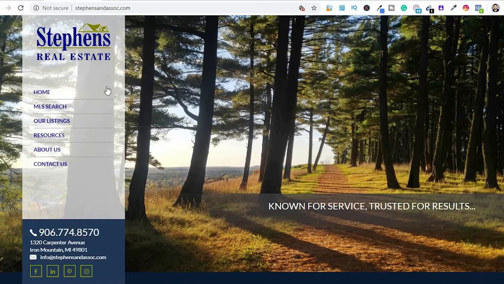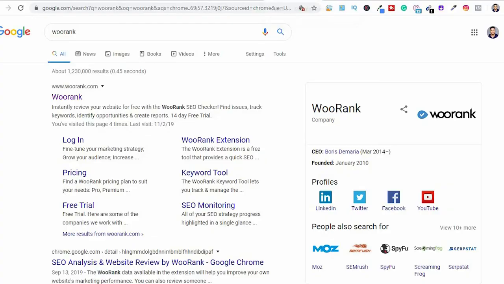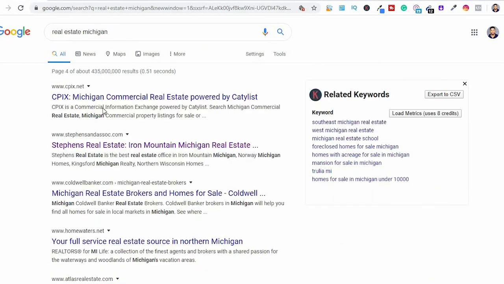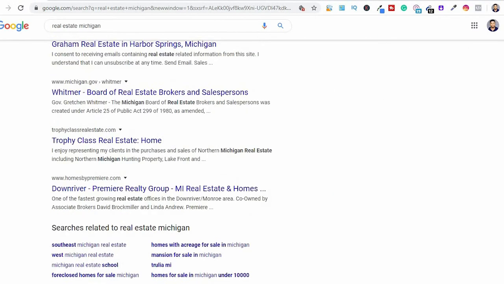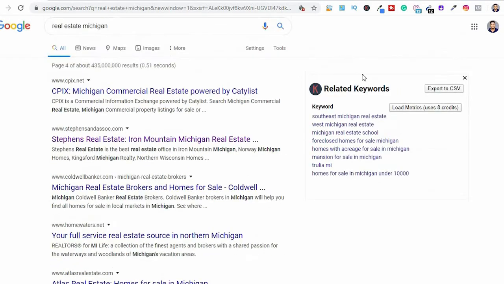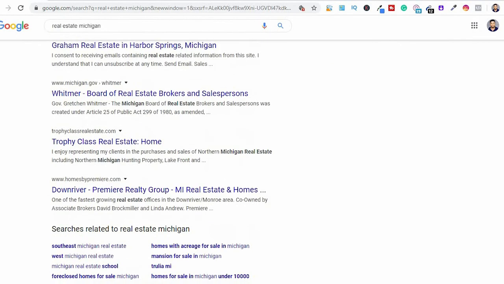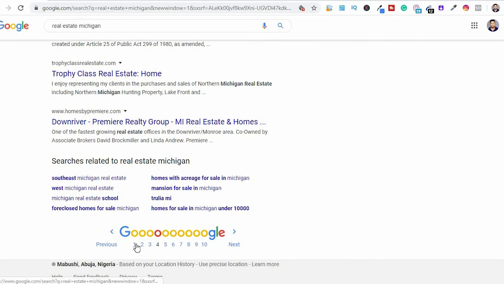Tell them that it is part of the reason why they are ranking number 4 on their keyword, let's say real estate Michigan. If they are ranking number 1, it can help them get quality leads and free, organic clients.